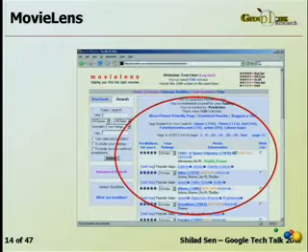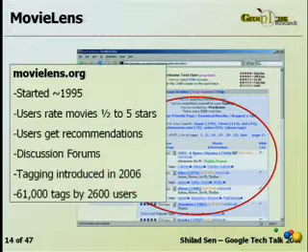So in order to study vocabulary evolution, we introduced tagging to a website that we maintain called Movie Lens. Movie Lens is a movie recommendation website. Here you can see this user's #1 recommendation is 2001: A Space Odyssey. So users on Movie Lens rate movies and they receive movie recommendations. There's forums, so users have some form of social interaction. And we introduced tagging about 1.5 years ago.